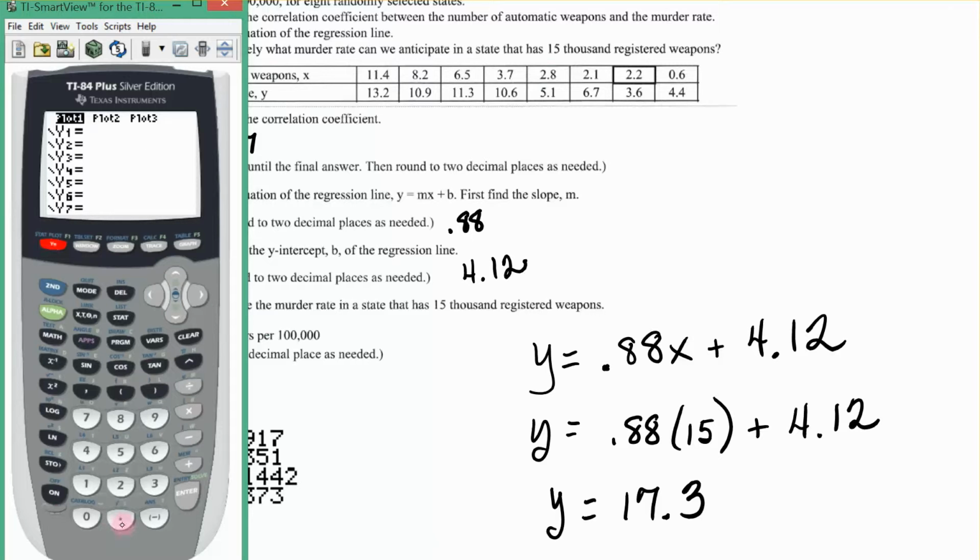But if I put in 0.88x plus 4.12, whoops, I didn't get a plus in there, I lost x, plus, there we go, 4.12, and I look at the graph now,